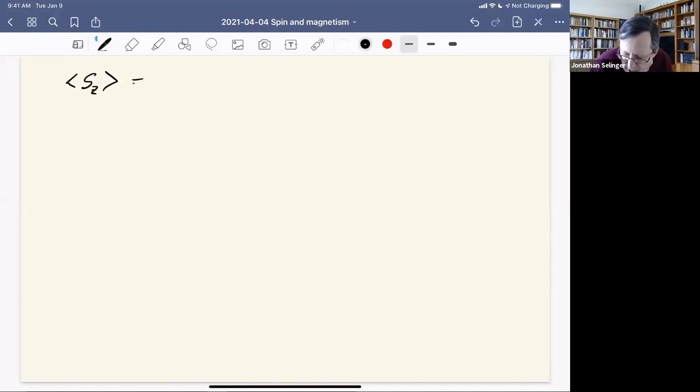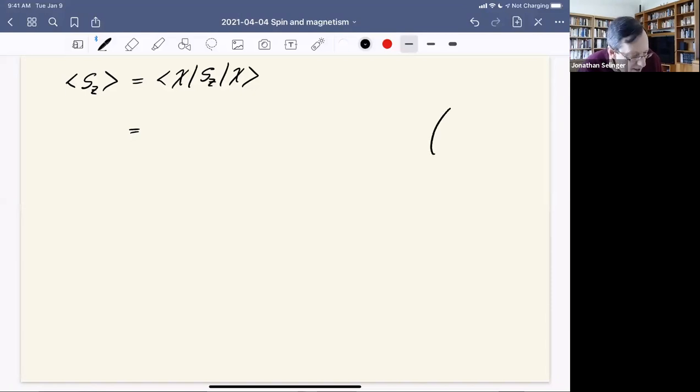So what is the inner product of the bra chi, acting on SZ, acting on the ket chi, like that? We can multiply this out. Let's do it from right to left. So the ket chi